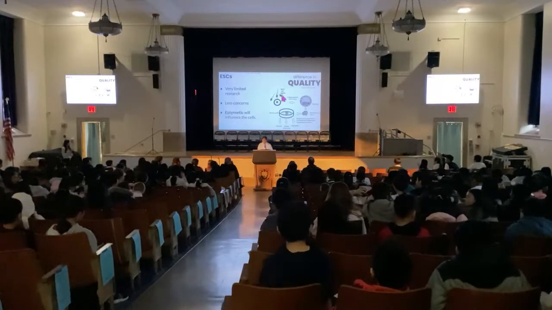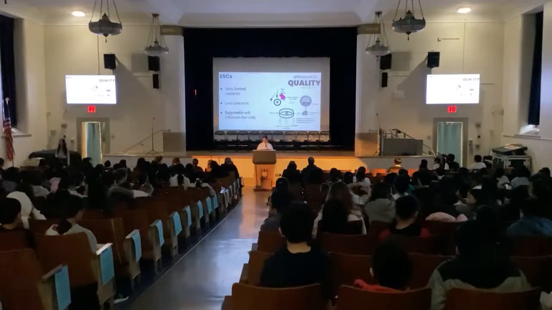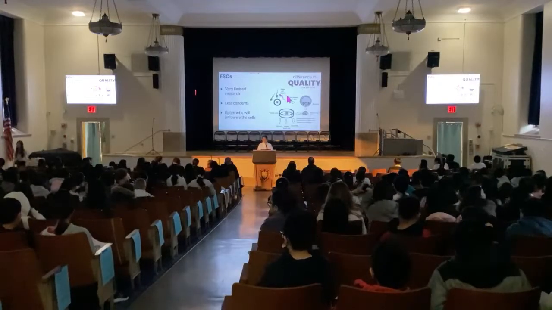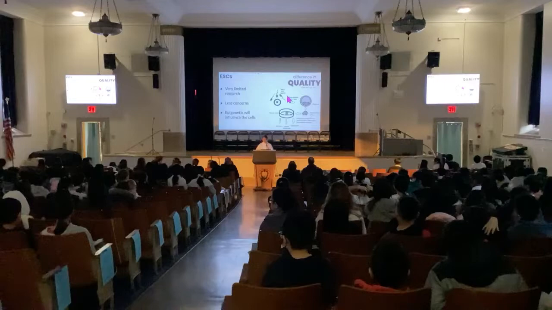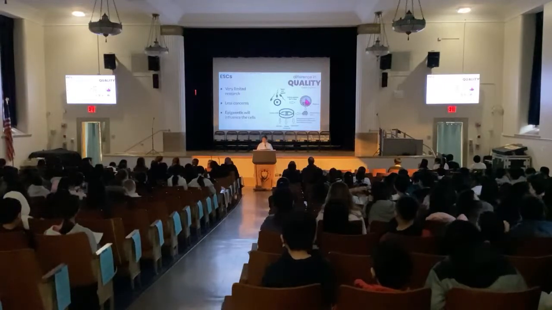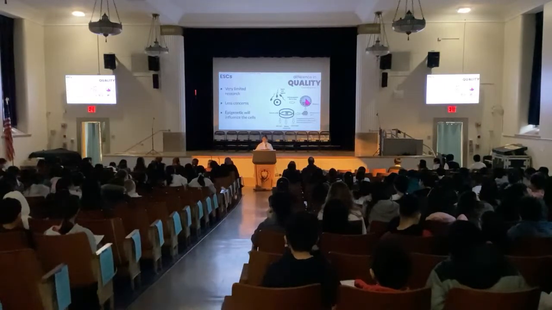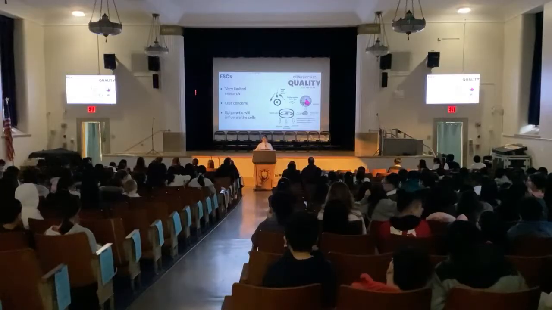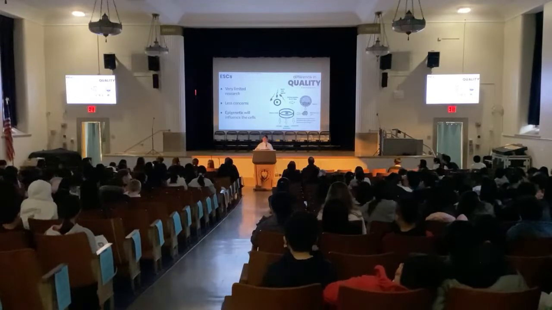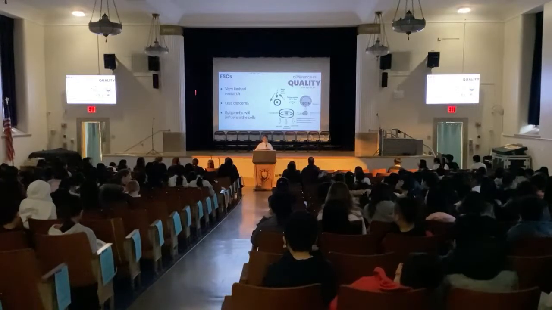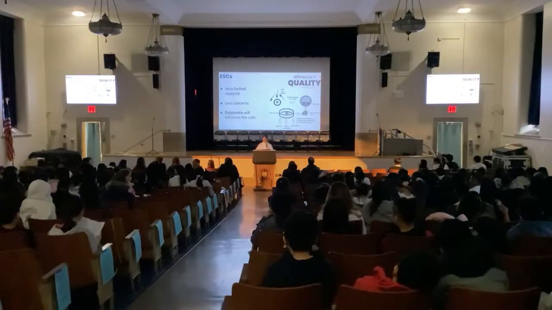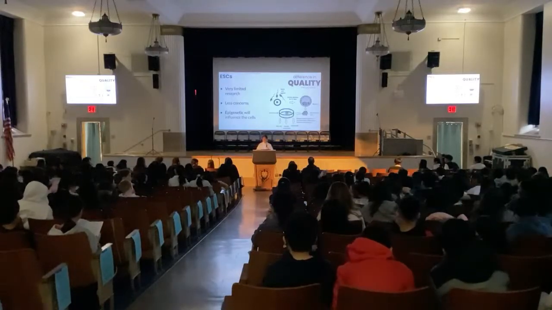So as you can see here, it shows us a diagram of how this works. So the sperm and egg join, and then the embryo develops for 5 to 7 days, and then the blastocyst is developed, and then they remove the inner cell mass, which contains the embryonic stem cells. And when they grow it in a dish, it can turn into many different types of specialized cells.